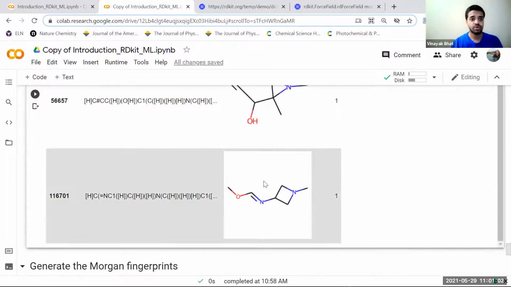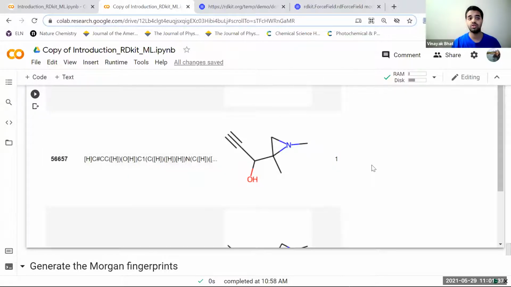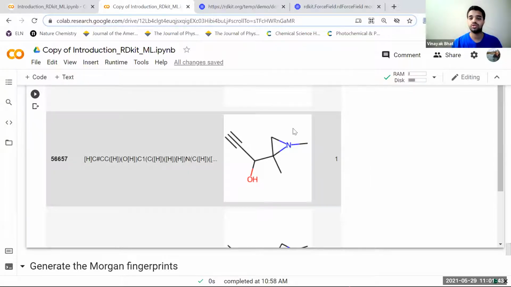So once we have generated the target values, we need a representation for the input, right? We need to say that for this representation, the output is 1. If you use the SMILES, this is a string, right? There are models which use strings, and those are natural language processing, or NLP, models, which use strings or words to do the prediction. But over here we'll use numbers, zeros and ones, and represent this molecule in terms of zeros and ones.